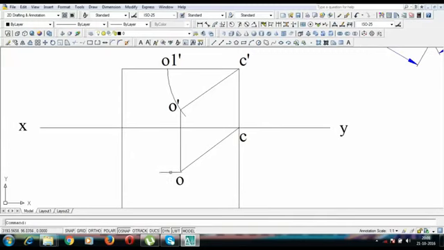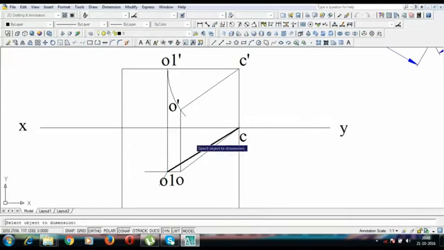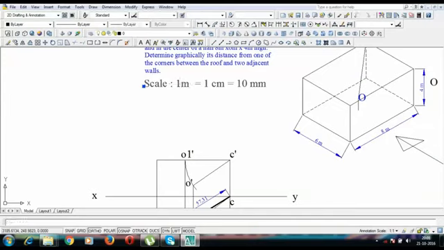Now I'm going to make a small construction for this somewhere here. I'm going to bring a line downwards from this point, so this becomes the new position of O1 dash in the top view. That's O1 simply. The next thing to do is to join O1 with C, and this is what you call the true length. I'm going to darken this, and the true length works out as 57.31 millimeters, or 5.7 centimeters, or 5.7 meters for that matter. All right guys, true length. I'm going to write